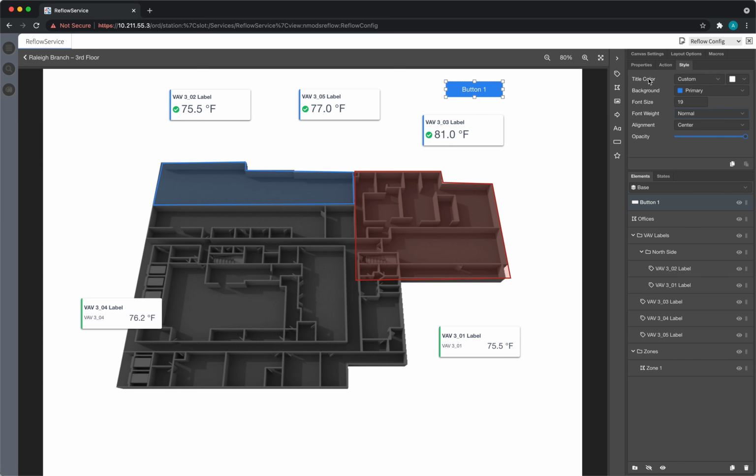You can control the color of the title and the background separately. And then depending on the background color you pick, when you hover over the button, you'll get a subtle lighten effect to the background color. Buttons, of course, can have actions assigned to them, just like any other element inside of the floor plan editor. And then finally, we've got our icons